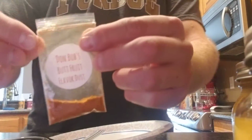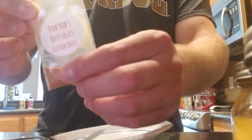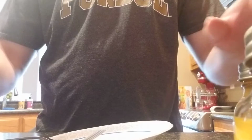I did open this bag just to try a little bit on my finger so I'd know what it's like by itself. It tastes like a seasoned salt, but not really. It has just a really nice smoky flavor to it, sort of. So,